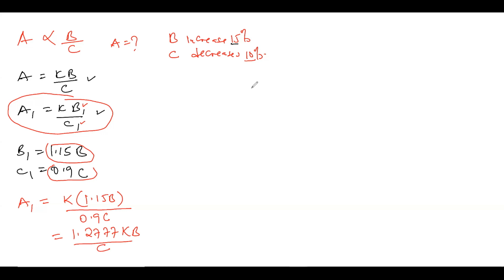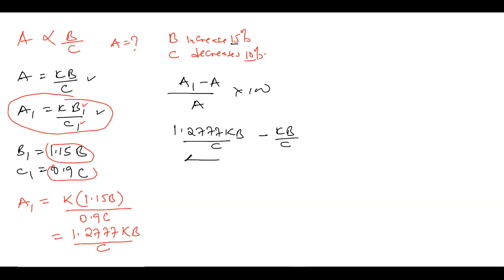Then from that step, we go to percentage. Once you have found the new A1 and you have A, you go to percentage change. So percentage change will be A1 minus A over the original A, then times 100. So you replace those values exactly just like you have them. So I'm going to write 1.2777 KB over C minus the original A was KB over C, then over the original, which is KB over